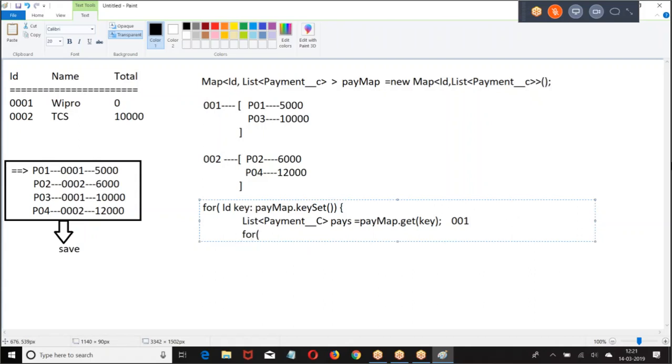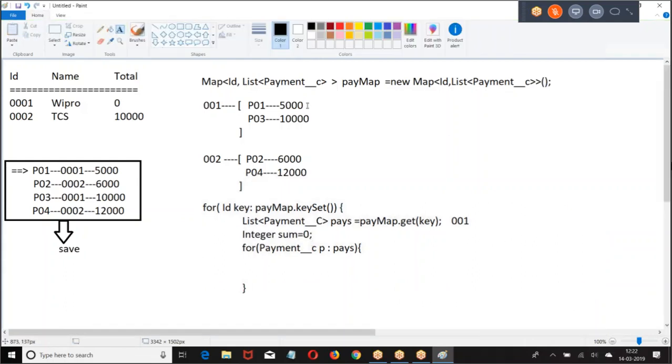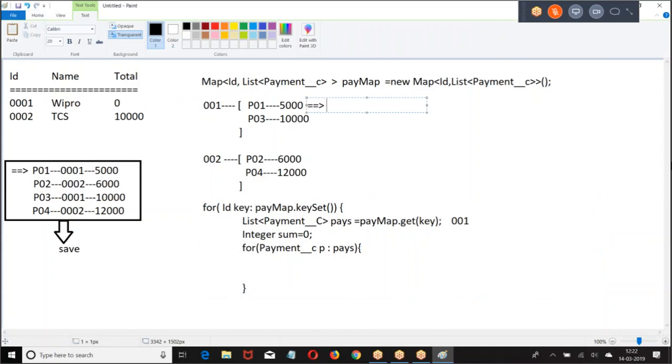Then I told for payment P. Now, what is P? This is P. Then I told sum equal to sum plus P dot amount.